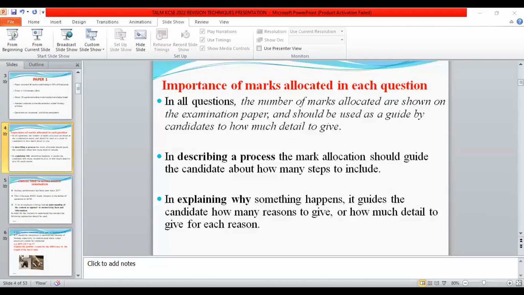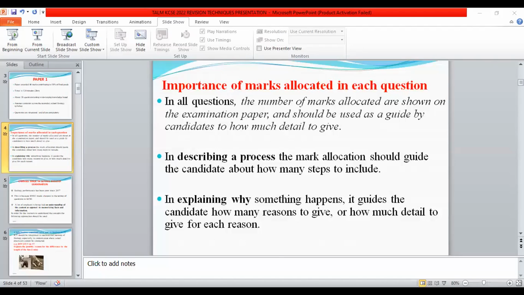For example, today we have students being told to distinguish or to differentiate between 2 things. And then in that question, maybe you find only 1 mark being awarded, which therefore means that they need to be very keen to note that the definition of the terms that they are defining is correct, because they will not be given another mark. Then if the question is carrying 2 marks, it means that each of the definitions is going to earn 1 mark.